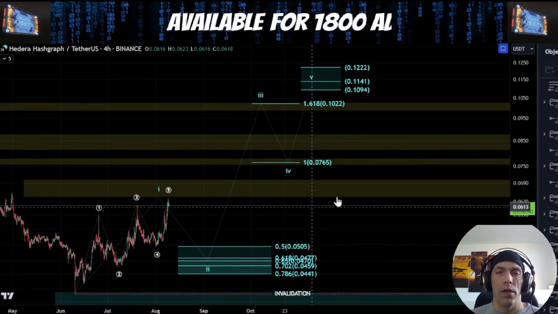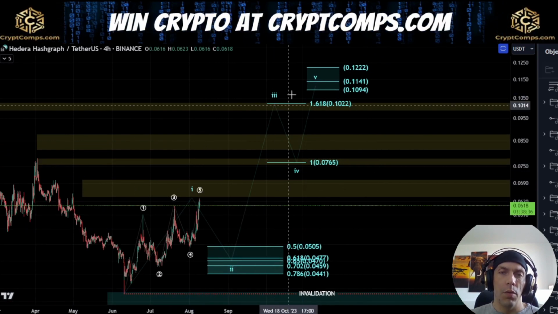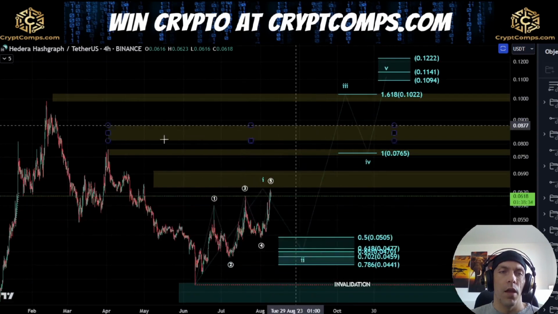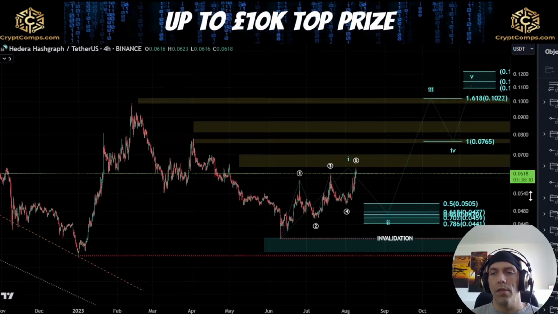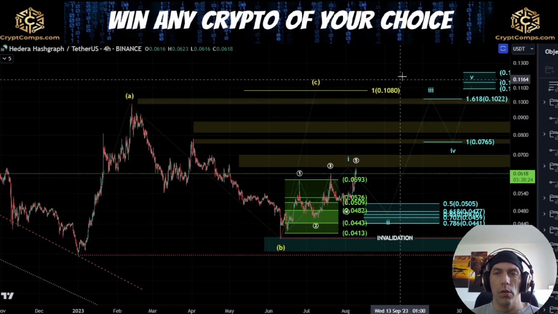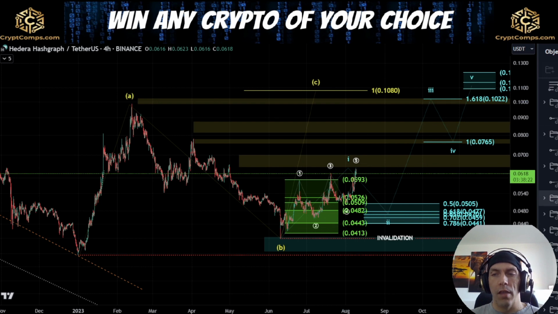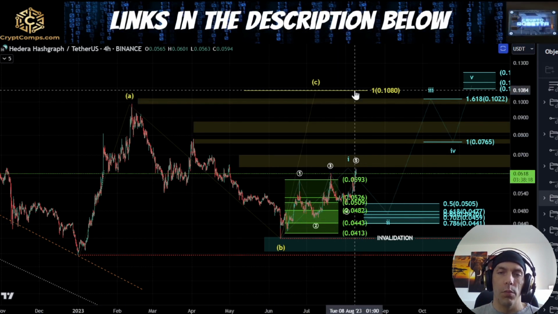Now within this idea here, what we'd be saying is that we're going to see a bigger retracement down here, then a bigger push to the upside, looking to push us above these highs, and then looking to potentially complete this ABC structure to the upside, where we would then be looking for this 1-to-1 up here towards this 1080. So if we do see this move push up in this way, we'd have to start to be careful, because